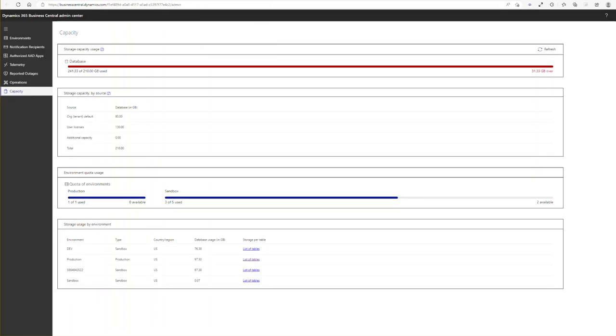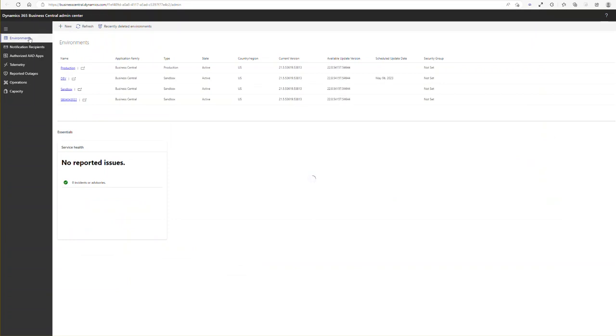Still loading. We're going to jump back here, and yeah, I think we covered everything,